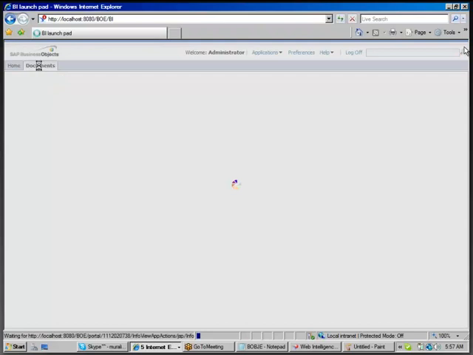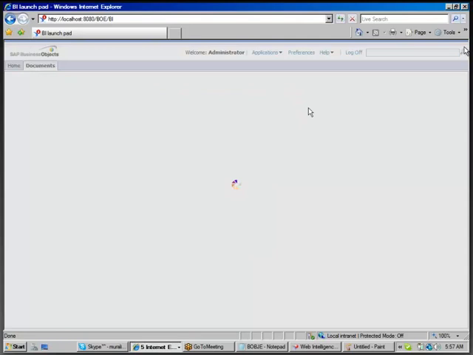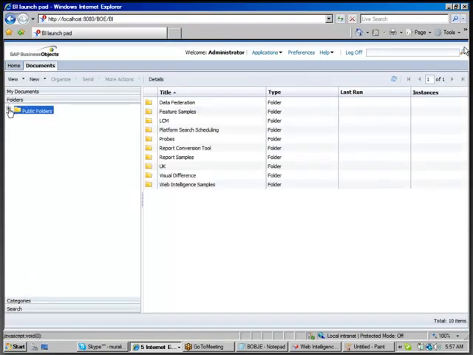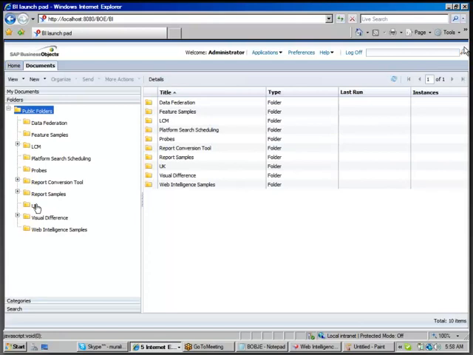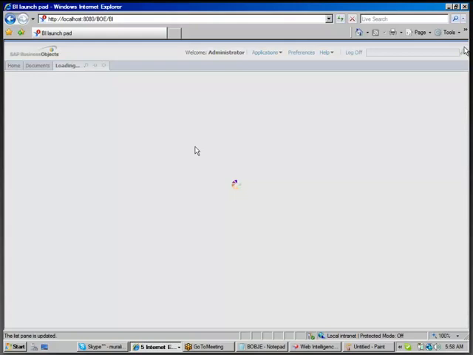Once they click on documents, it will display the folders you saw in the Rich Client, where you created and published the report. In the folders, there is a public folders. Where did you save your report? In the UK folder. Then they can click on sample report and see your report in Internet Explorer. They opened the BI Launchpad in Internet Explorer. They can see your report across the world.